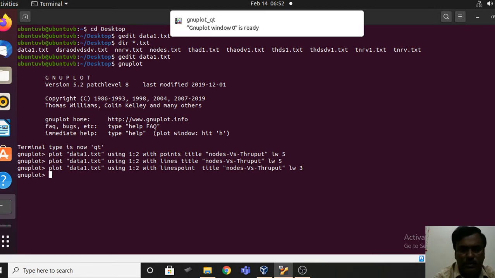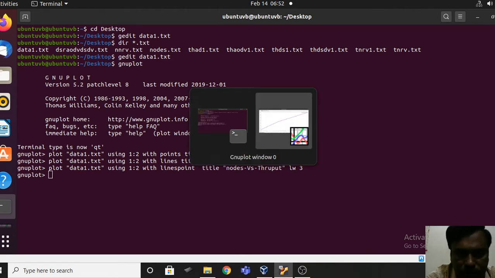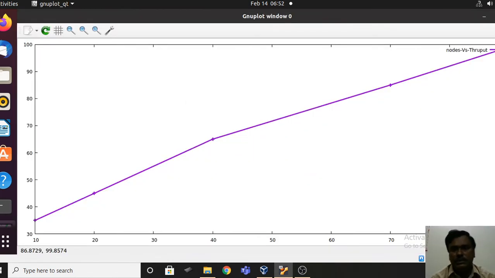I told you, when you get this prompt, it is executed, and in order to see that graph you can use this. So this is how you can plot the graph using linespoints.